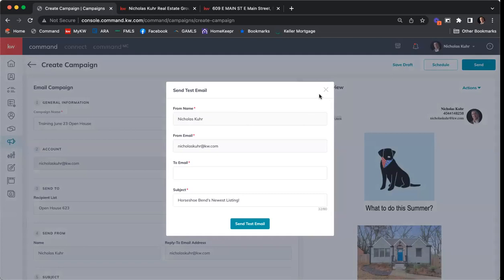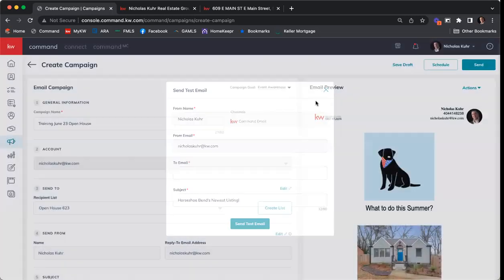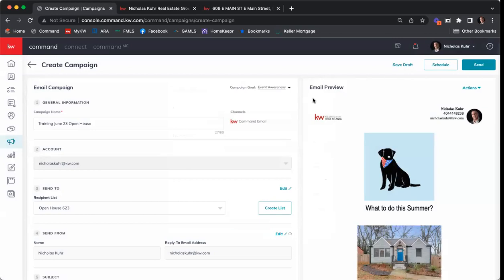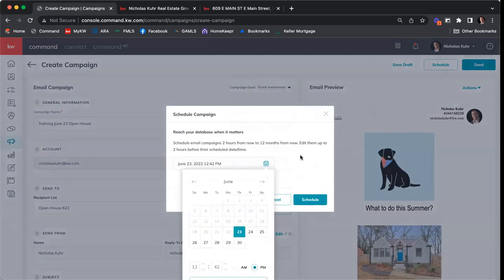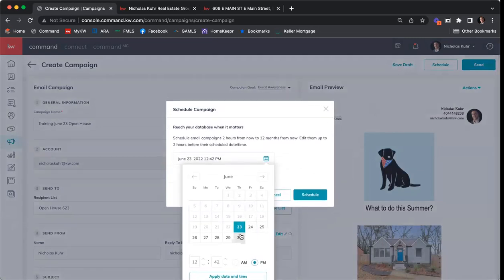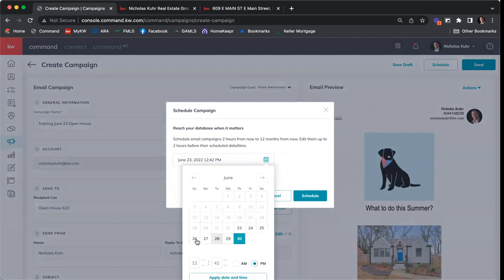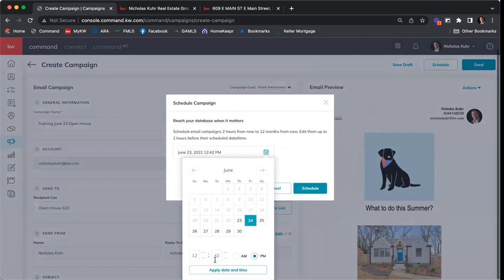So that way we can actually see what it looks like in our inbox. Now, once we are good to go here, we have two options. We can click send, and we can send this immediately, or we can schedule this to go out at a specific date and time. So let's say if I wanted it to go out next Thursday, actually I want it to go out, let's do Friday, so tomorrow, and I could select at